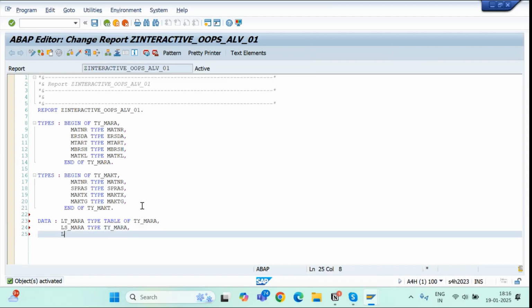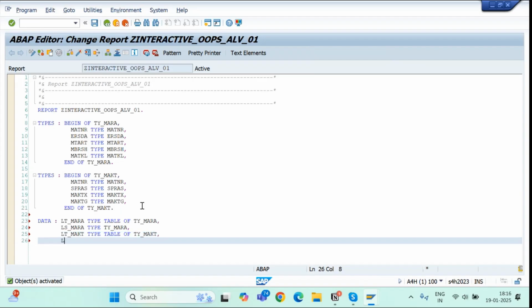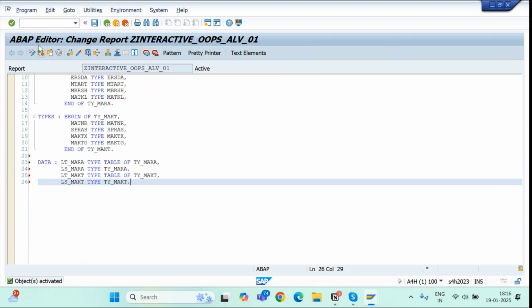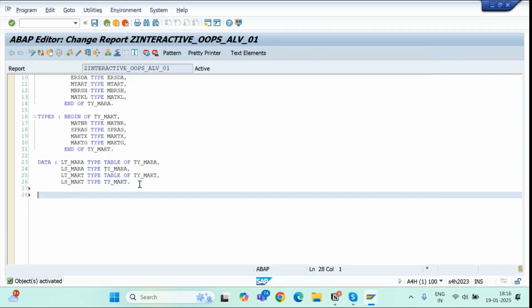Then for MAKT also, so LT_MAKT, type table of TY_MAKT, and then we'll have the work area, so LS_MAKT, type TY_MAKT. Very simple. Activate it. Then what we will do, we will create the field catalog. So create the two field catalogs for two ALV. So LT_FIELDCAT1, type table of LVC_S_FCAT,